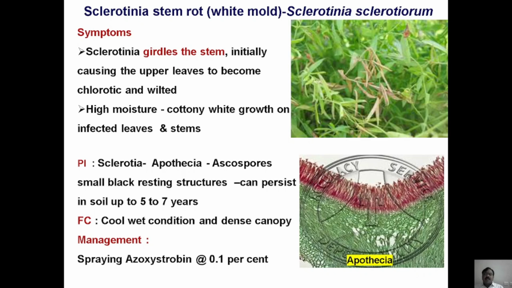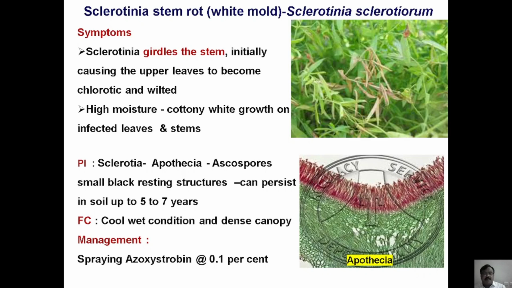So the sclerotia may remain active for a long time in the plant debris as well as in the soil. This fungus is known to produce apothecia as the sexual ascocarp, which in turn contains asci and ascospores. This apothecia can persist in the soil for a longer period of 5 to 7 years. So the presence of sclerotia as well as the presence of apothecia are responsible for the primary